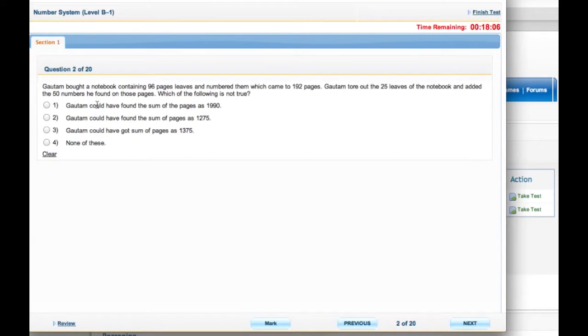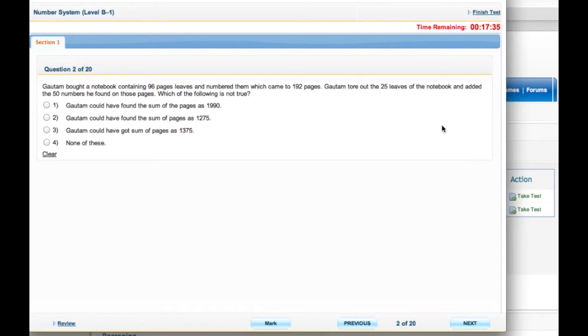In case there are 2 or 3 sections in the paper, which is actually CAT, you can navigate, but the moment you navigate from section 1 to section 2, it will prompt you in case there is a time limit, which is in case of CAT. So CAT gives you a 70-minute time limit for the first section. If you go to the second section, it will tell you that you cannot come back. However, CAT says you cannot go to the second section before 70 minutes. So here you cannot go there. Once your 70 minutes are over, then only you can go to the next section.